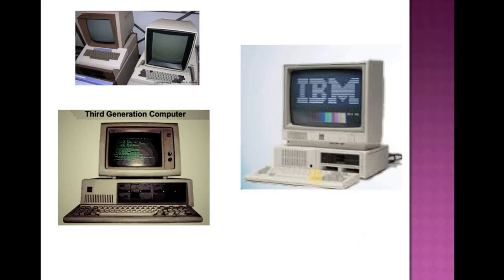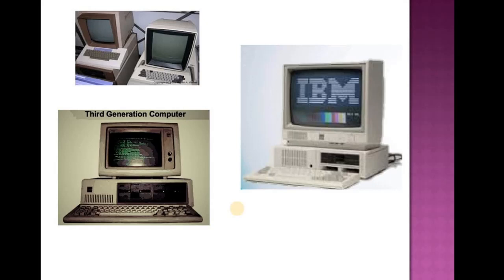Now let us take some examples and look into the computers of the third generation. If you observe clearly, the size is entirely reduced, and we can have interactive systems, like a keyboard and monitor, so we could easily interact with the computers. That's why we call them mini computers. When you compare with the earlier generation, these computers are very small in size, and we started calling them mini computers. Not only this, but these computers were also commercialized.